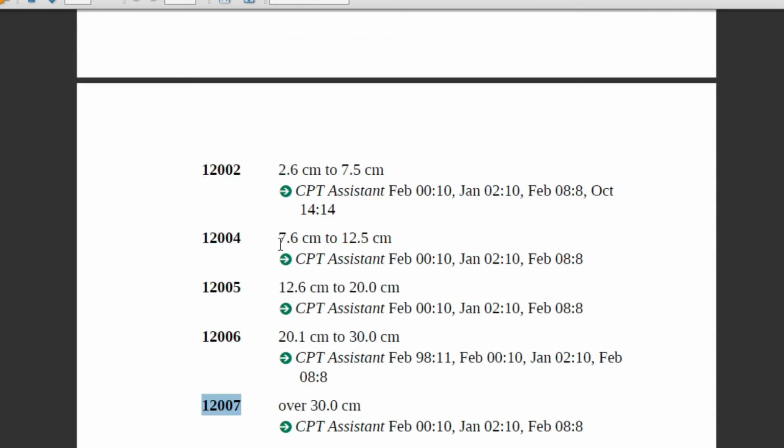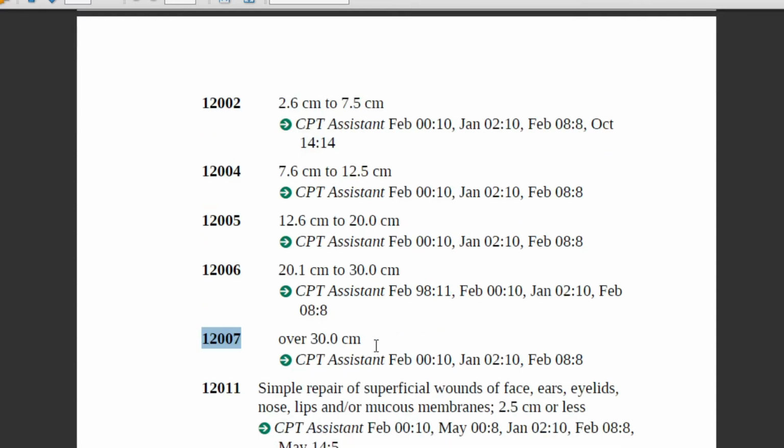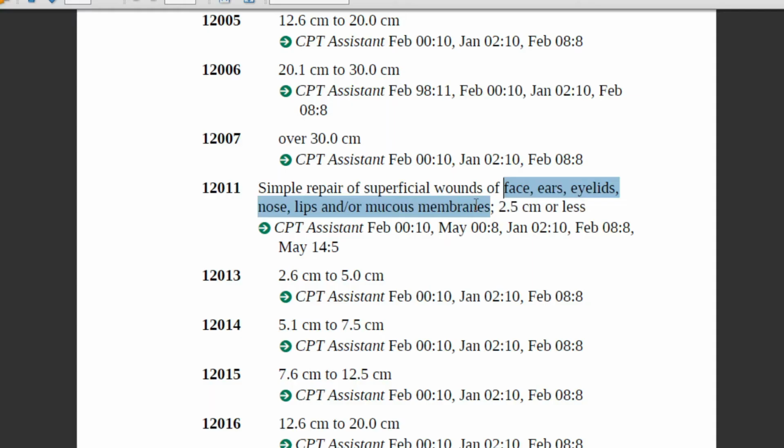Moreover, we have the codes of different diameters. 12004, the diameter is up to 12.5 centimeters. Then 12005, if the diameter is up to 20 centimeters, you can assign that code. Then up to 30 centimeters, you can assign the code 12006. And finally, you have 12007, which is over 30 centimeters.